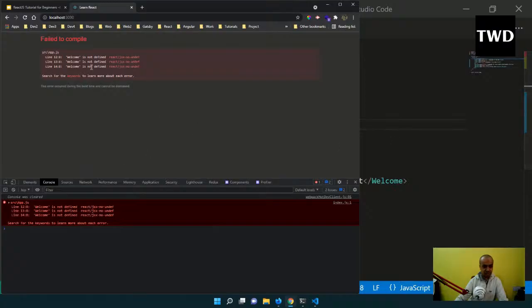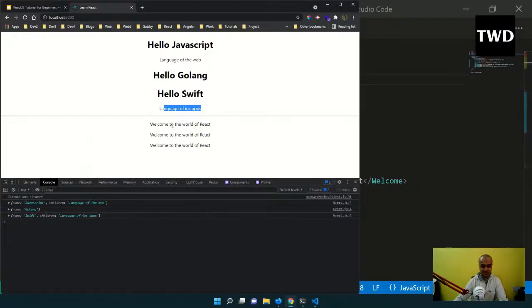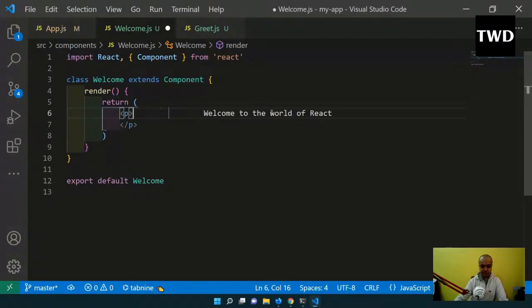Why will it not show? Welcome is not defined. I have actually commented this out, so it will show like this, Welcome to the world of React and all those things, because we are not using it. Okay, so we have to use it. So this p tag I don't want like this. Instead of this I want,